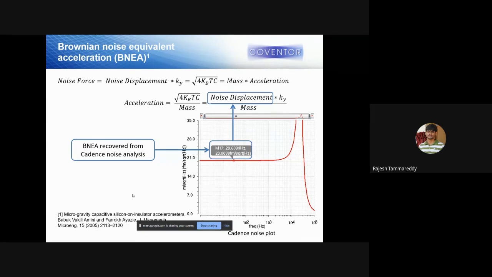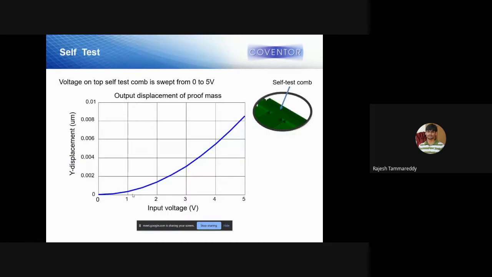Until this acceleration value, whatever input comes will be taken as noise, because it will not give any output until then. Any value higher than whatever you calculate here, the Brownian noise or noise equivalent force of acceleration, will only be considered as an input, and you will see some output. There is electronics also involved for the noise, which is included here when there is a circuit connected to the accelerometer model.